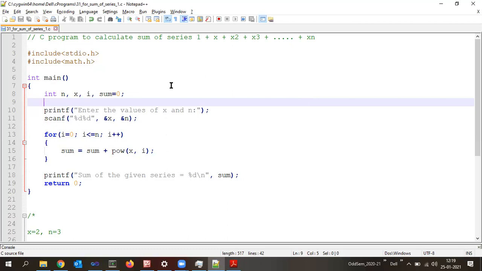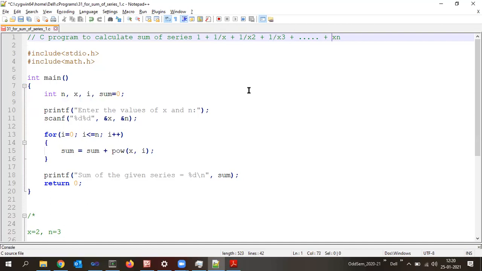let us take other program here. Let's modify this one. Like now, the series is something like this: 1 plus 1 divided by x, 1 divided by x square, 1 divided by x cube, plus up to 1 divided by x raised to n. Only the reciprocals have been taken for each of the terms in the series. The reciprocals have been taken here. Now, how do we modify the existing code? What is the change we need to do in the existing code here?